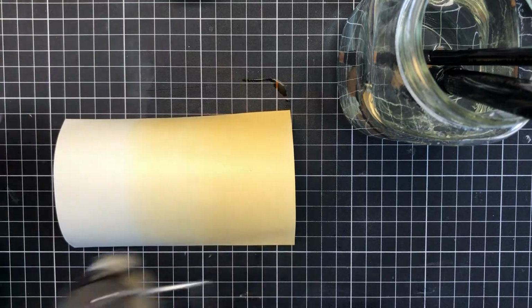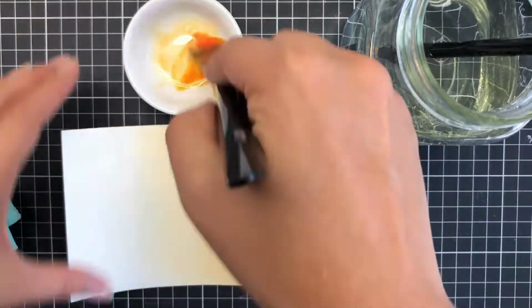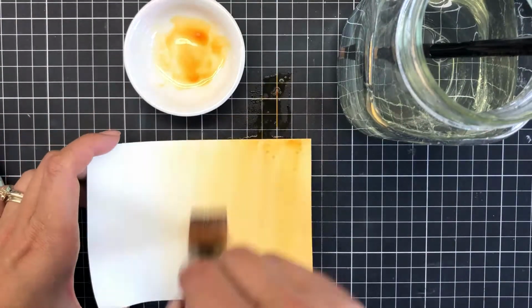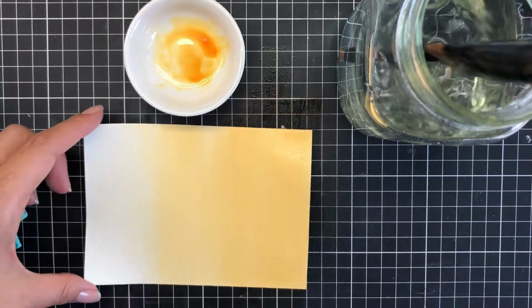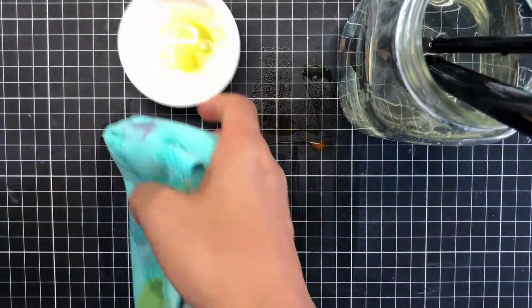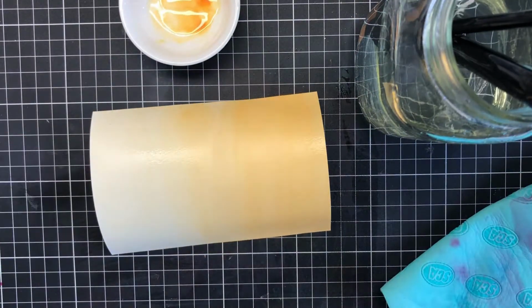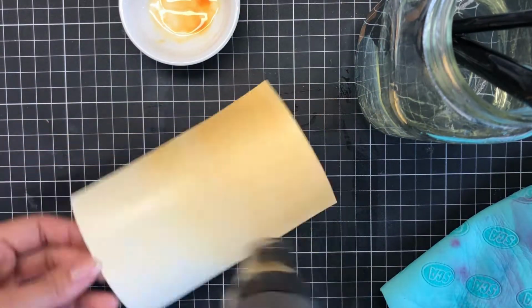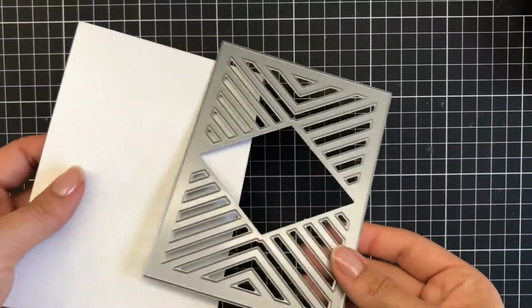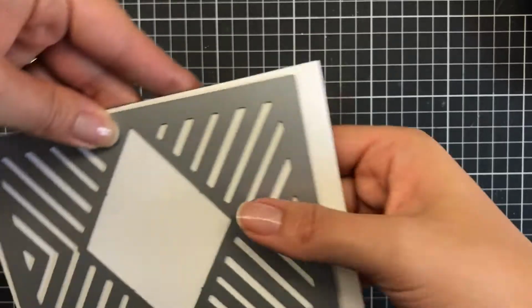Most of the items I'll be using are from Avery Elle for today with the stamps and dies. And here is my second layer of the yellows. Now this was really easy to do. Having a flat brush and clean water really helps. I've just got a little ceramic bowl there that I cleaned in between each color, and that was done. So now this cover plate from Avery Elle, which is a Chevron one,